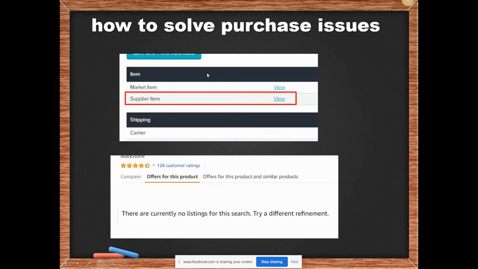And I have a screenshot for you. So when you go in the purchase issue, which is basically just a regular order page, on the bottom left side of the order page you have this section called item, and then you have here supplier item. If you click view, it will take you directly to Amazon's item page. When the item is out of stock, it will literally say there are currently no